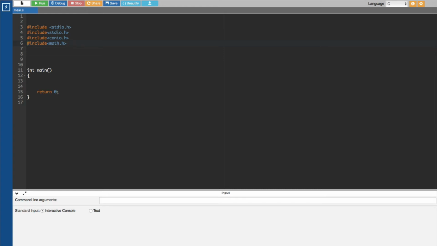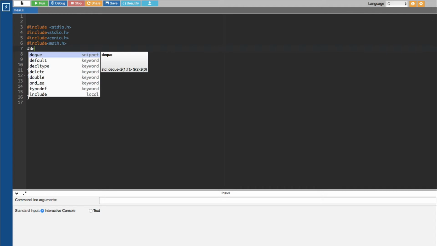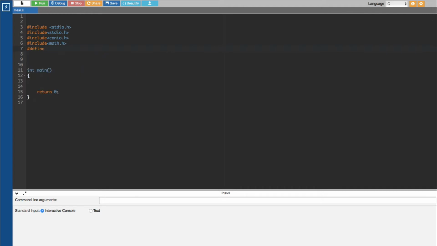In this video we are going to write a program that's going to ask the user to enter the radius and the height, and it's going to print out the volume of a sphere. Okay, first of all we have to define pi. We know that pi is equal to 3.14, so let's go ahead and define that one. Here we are defining pi value that is equal to